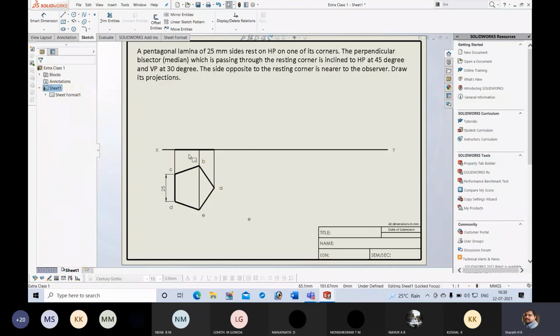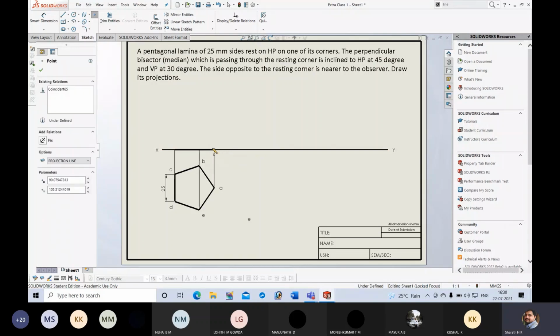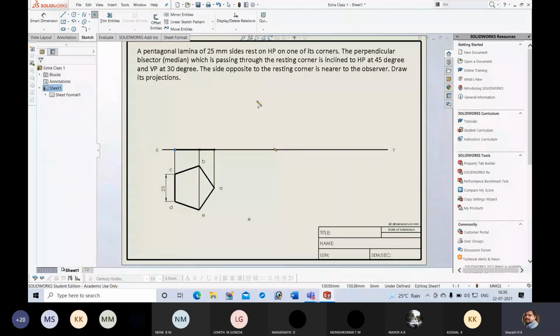This is the front view. Next, I will place points, so go to the point command and put points at all required points. There's a reason why you should place the points here. Next, go to annotation and name the points.